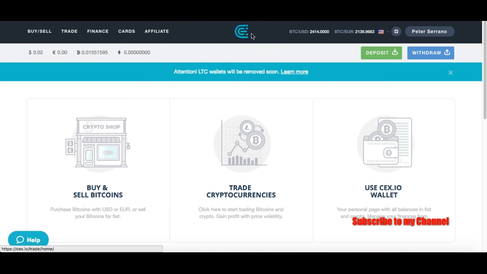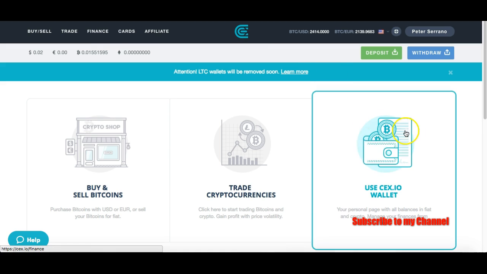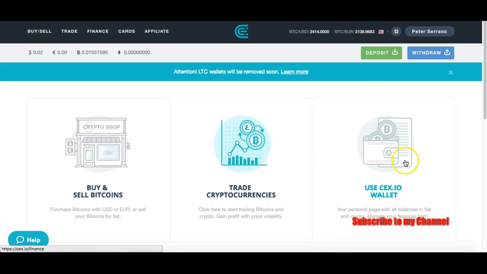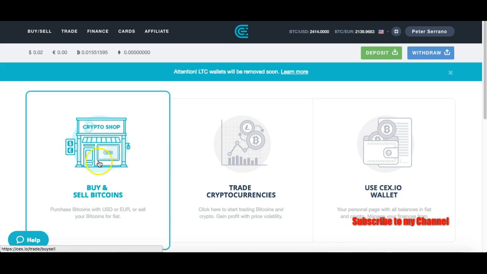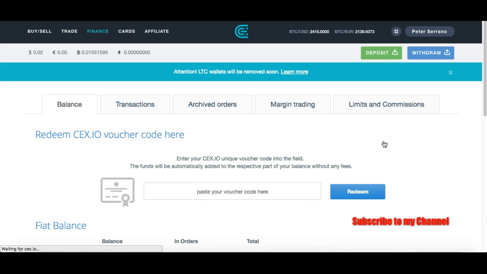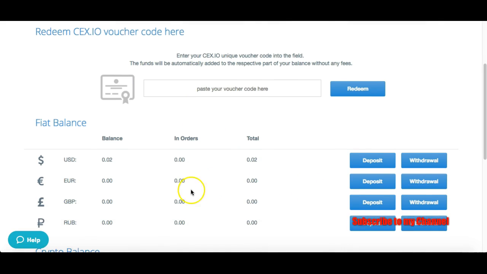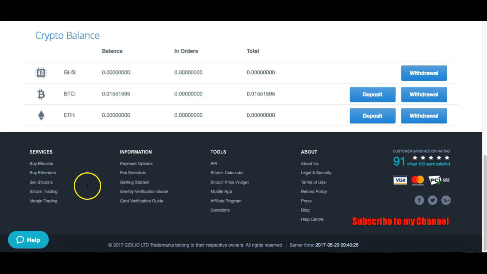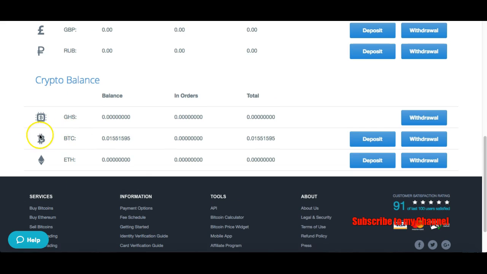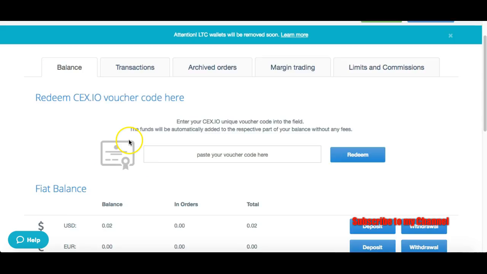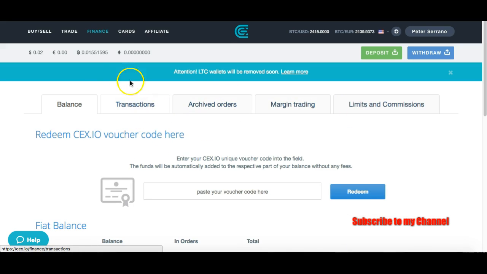What we're going to do is click right on this logo, which pretty much takes us back home. Here we have our wallet. All right, we already purchased our Bitcoin. We all have a unique wallet. Okay, and I am going to show you. We're looking for our Bitcoin wallet, which is right here, BTC. Okay, and what we want to do is